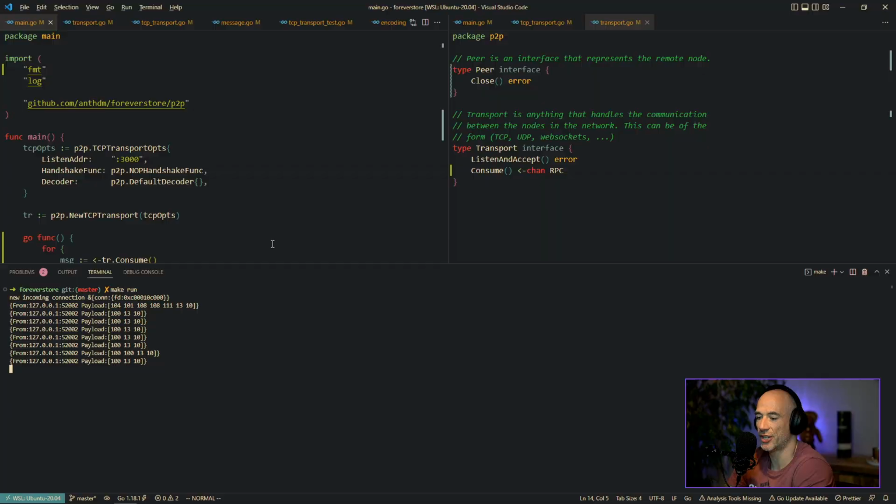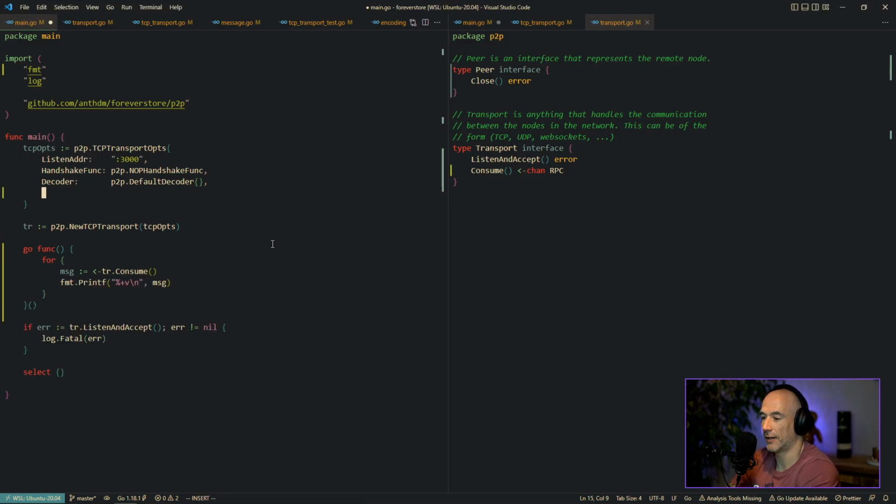We get these messages. But if we say something like on peer, right? And we're going to say that's a function of peer error. And then we're going to say something like return fmt error f failed the on peer func.